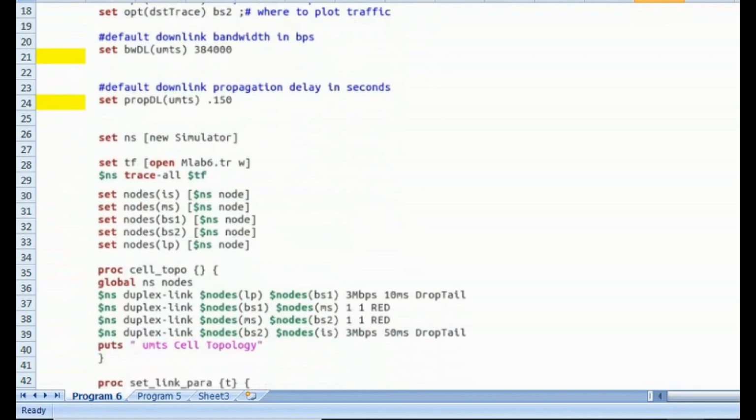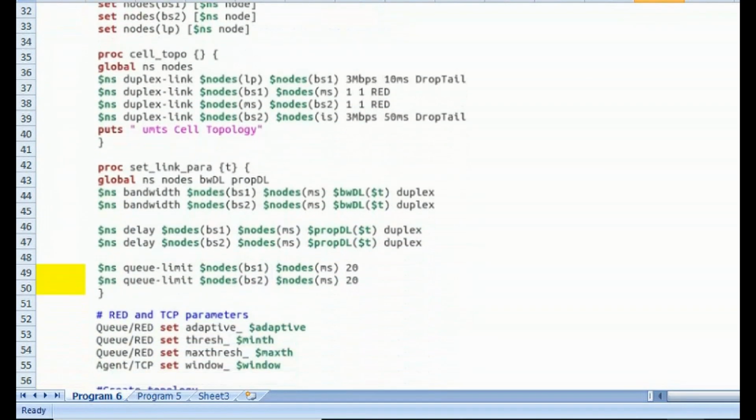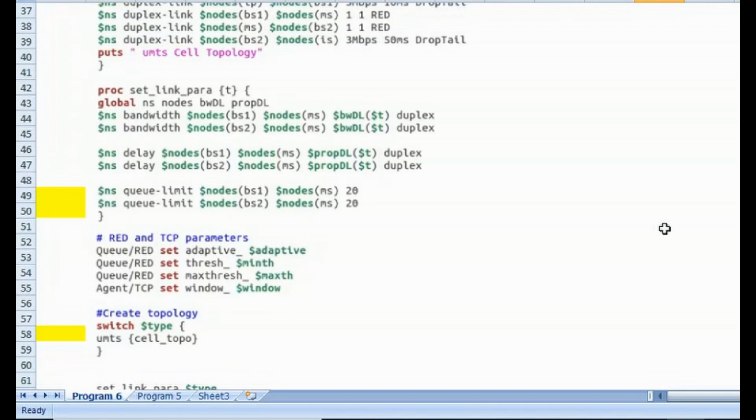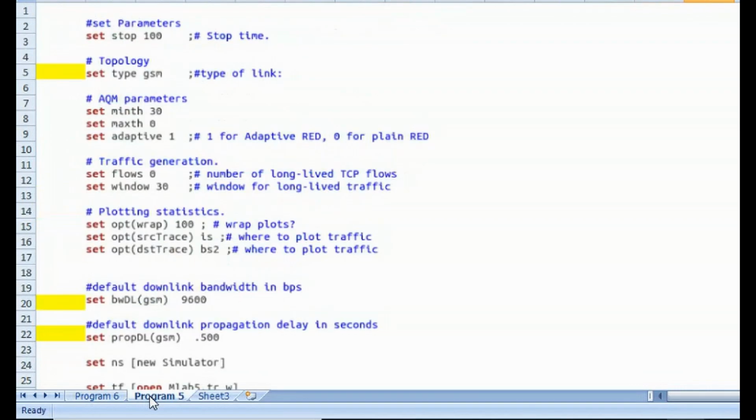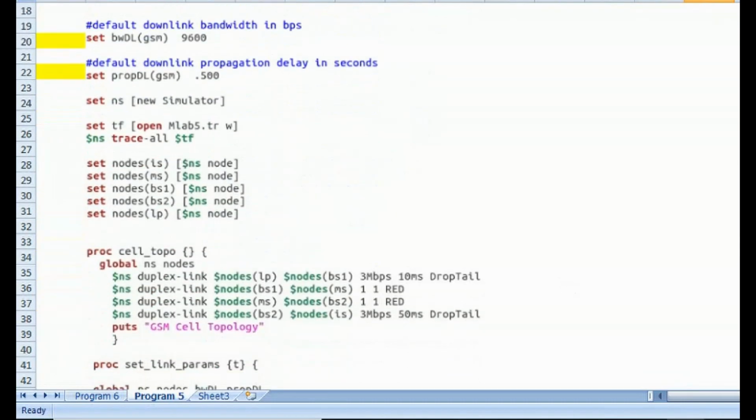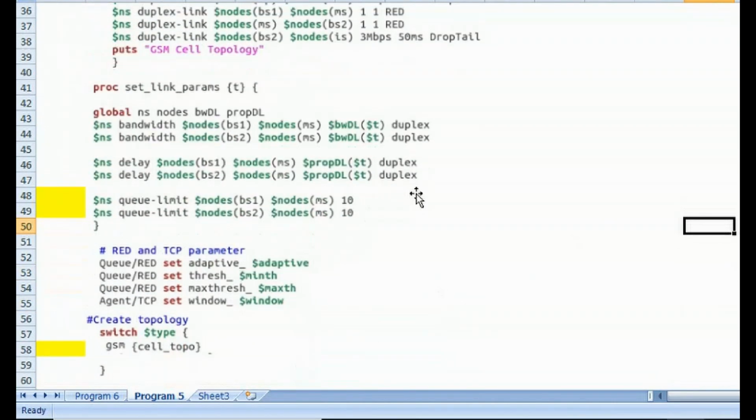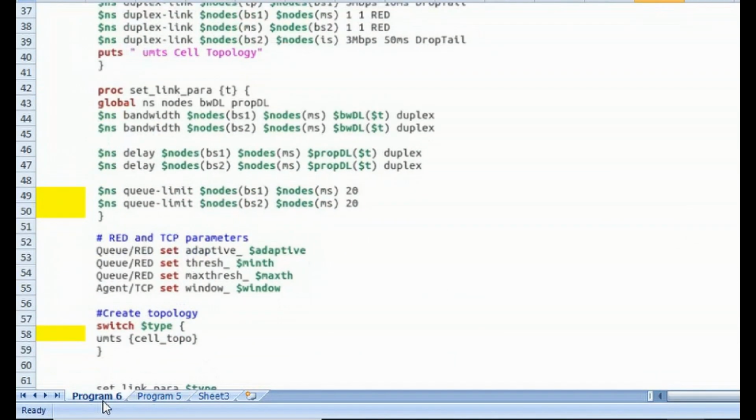So where else is the code changing? To handle the increased bandwidth and lower propagation delay, I am increasing the queue size as well. Here it is 20, whereas in program 5 I had only 10. The queue limit was 10, whereas here I have 20 in program 6.